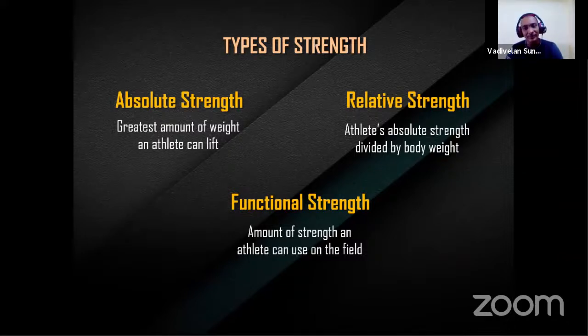And the relative strength is my absolute strength divided by my body weight. The first one are the weightlifting sports. Actually, an athlete performing weightlifting can be added in this criteria. For example, a deadlifter can come in this criteria. Relative strength is absolute strength divided by body weight. For example, strength under 50 kg, under 60 kg, under 70 kg performance. So those things will come under the relative strength.